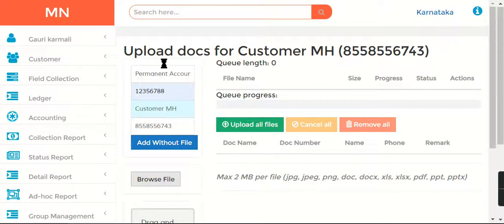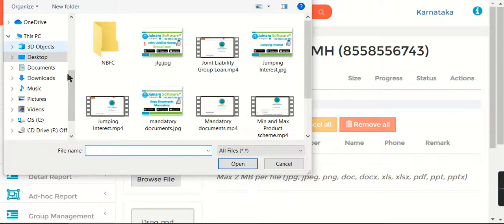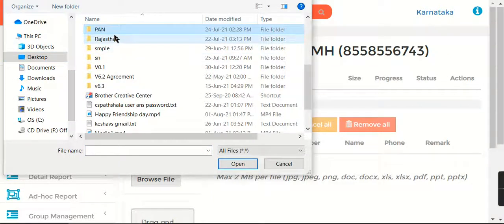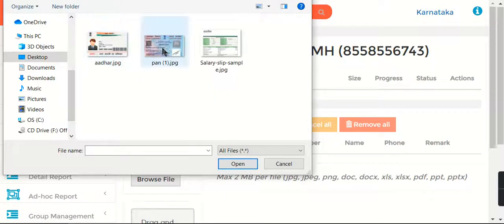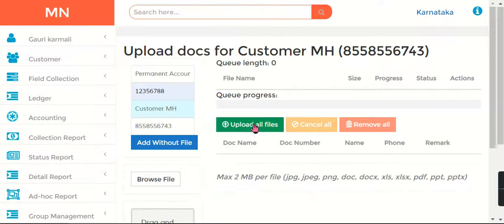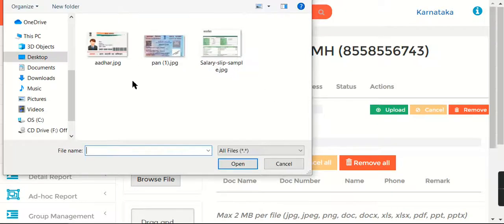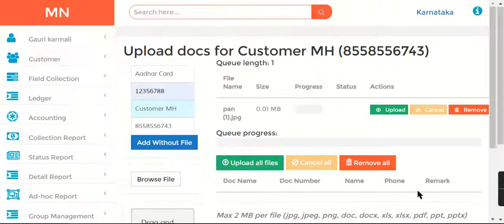I'm just going to browse. Okay, on desktop itself I have a PAN card that is saved. I'll add the PAN card here. Open. Then let me also add Aadhaar card as well. Browse. There is one dummy Aadhaar card.